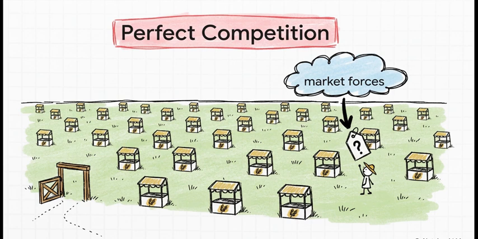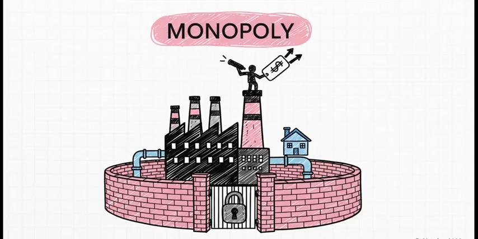And it's easy for new people to jump in because you don't need some massive billion-dollar setup to start growing wheat. All right, now let's slingshot all the way to the other side, the monopoly. Here, it's just one company, one. The product they sell is completely unique, and since you can't get it anywhere else, that one company has total control over the price. They're a price maker.